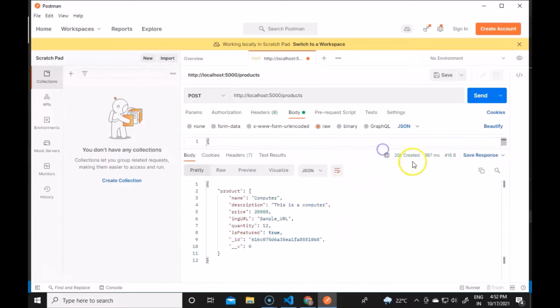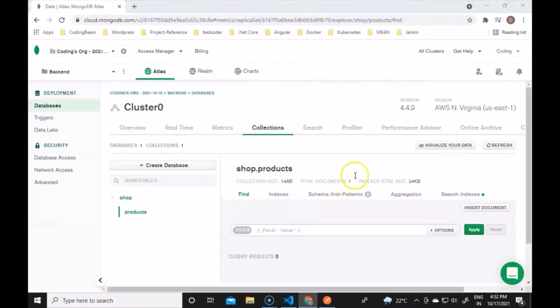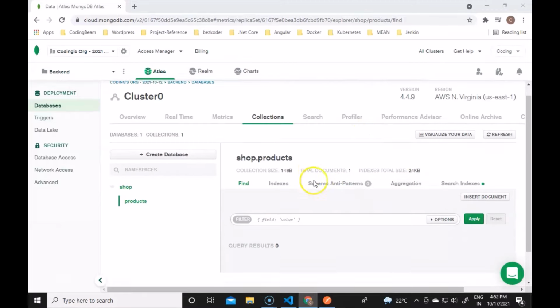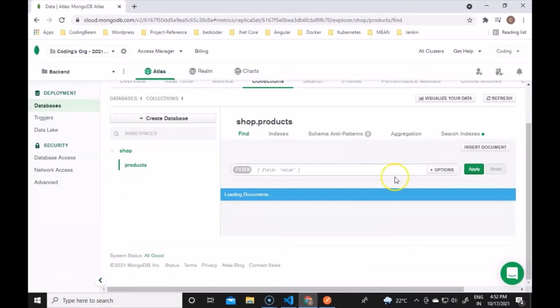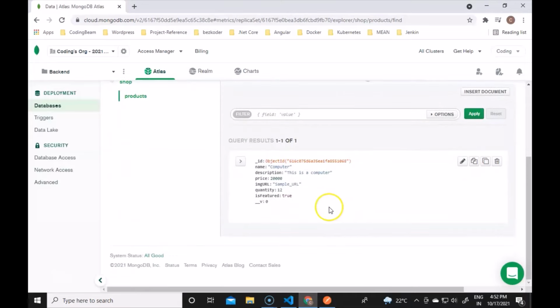So guys, now you will see the request is 201, which is created. So we have done it, and now you will see the product is there with the name computer, the description, and so on. And if I go to MongoDB to check if the data is stored, if I refresh it, I should see the data. So guys, now you will see that the document is there in MongoDB also. So guys, this is how we can create a post request to the MongoDB database.